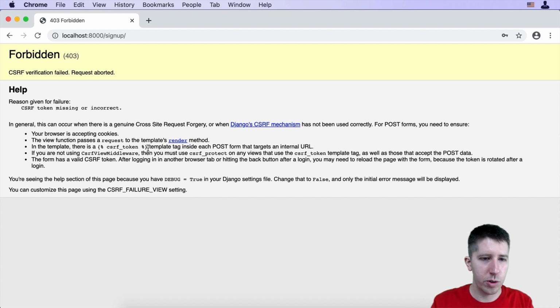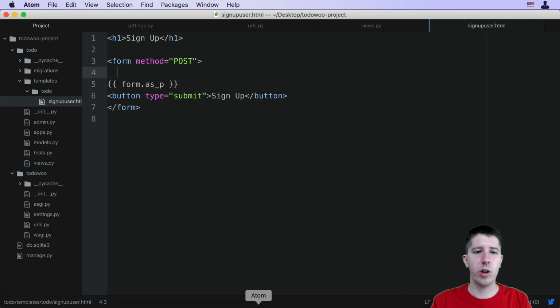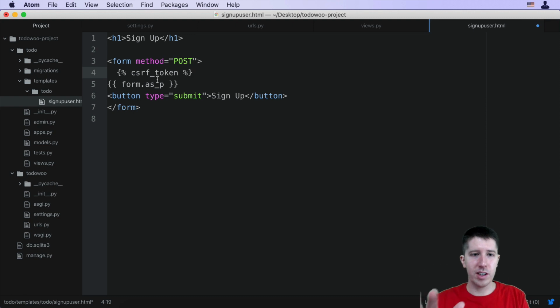So anyways, what we're going to do is we're going to copy what we have here. It's just saying, hey, inside of your form, you've got to provide this CSRF token. We're going to come back to the code and just paste it. It's just going to go anywhere inside of the form. It's a hidden thing. It's just part of it is we have to have that there. So we're going to hit save,